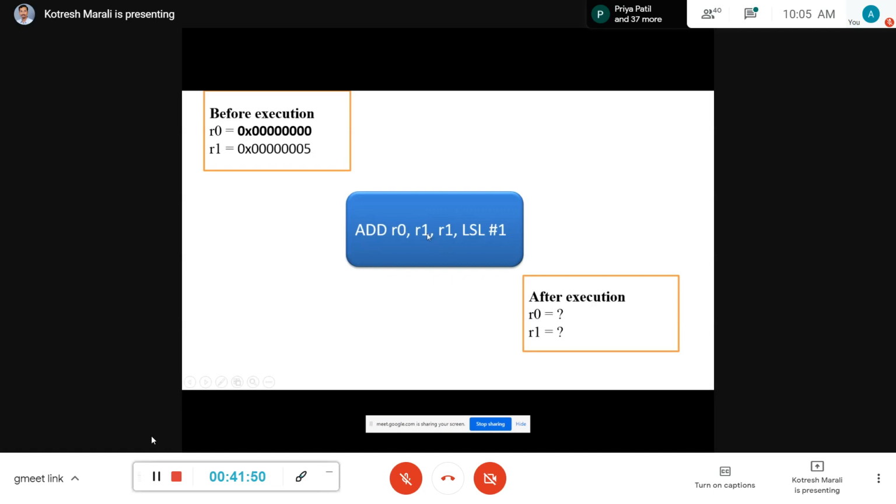R1 is containing 5, so it is not going to be altered. I'll keep 5 as it is. R0 is the destination register, which will get the operation done on R1. The content of R1 is shifted by 1 time. Shifted by 1 time is nothing but multiplication by 2. Check and get me the answer.